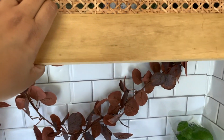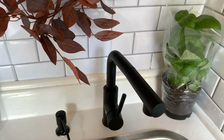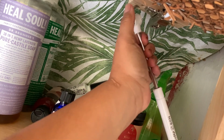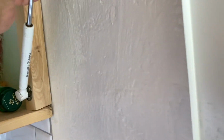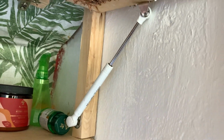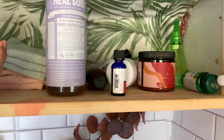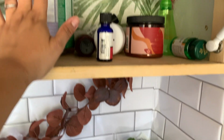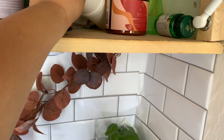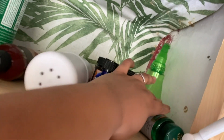So yes. And this one, gotta be careful. This has a lot of stuff. Since I wash my face here too and brush my teeth, I feel like it's fitting. This is not connected to it, as you guys can see. I don't know, it just doesn't work, so I'm just doing like how you do with cars, so whatever. But this is the cabinet I use for anything to do with soap and hair and face and my toothbrush and stuff. I have some rose essential oils, stuff for my hair, my vitamins,